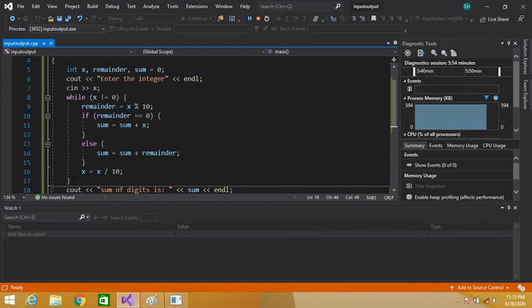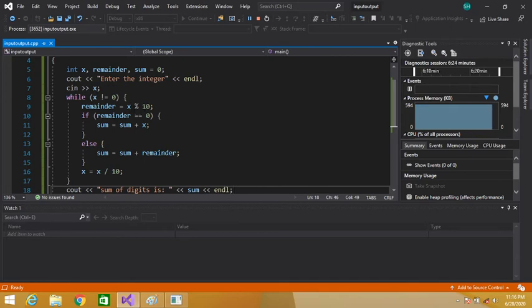Again our loop is terminating, so the control will shift here again on the condition: 5 is not equal to 0. Yes, 5 is not equal to 0, so the condition becomes true. So remainder is equal to 5 modulus 10. As we know that 5 is less than 10, any number which is less than 10, the modulus will be the number itself.